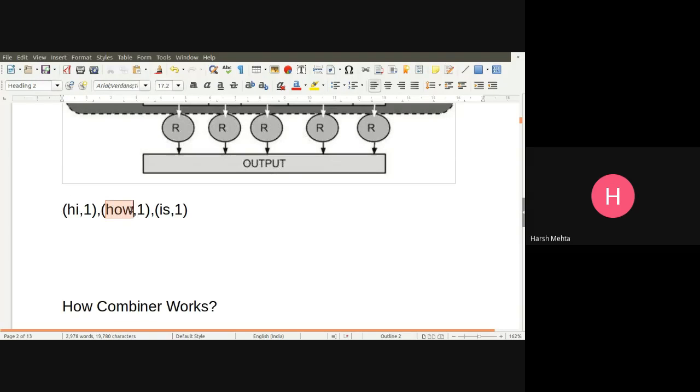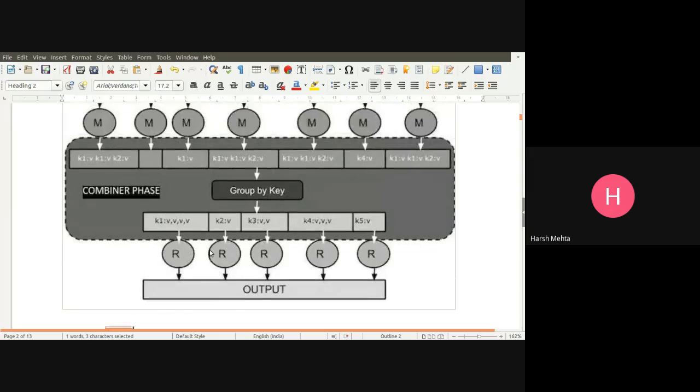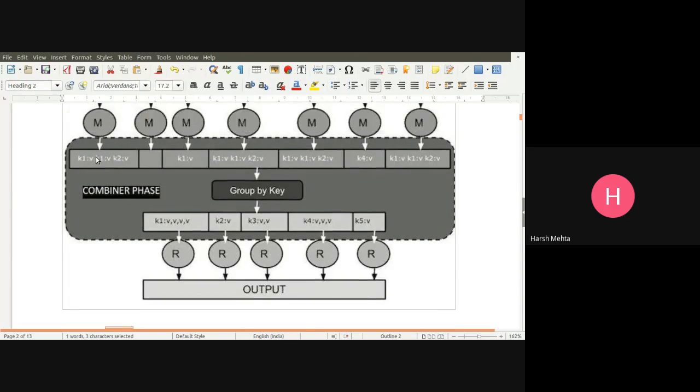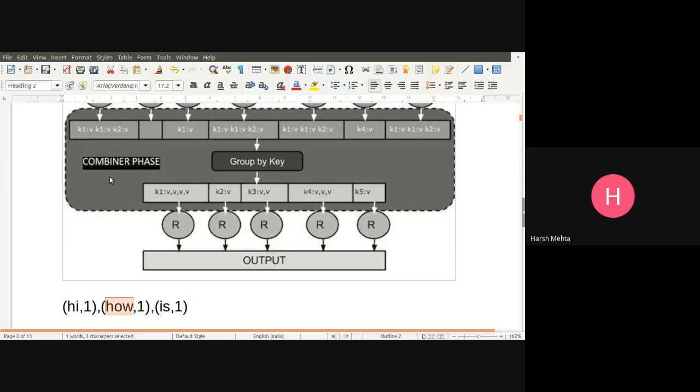These are the keys. So in this mapper it generates hi comma 1, how comma 1, is comma 1. Another mapper generates again hi comma 1, and another computer generates again how comma 1.